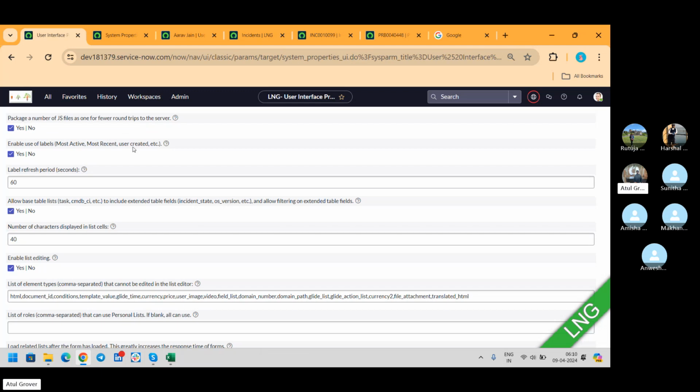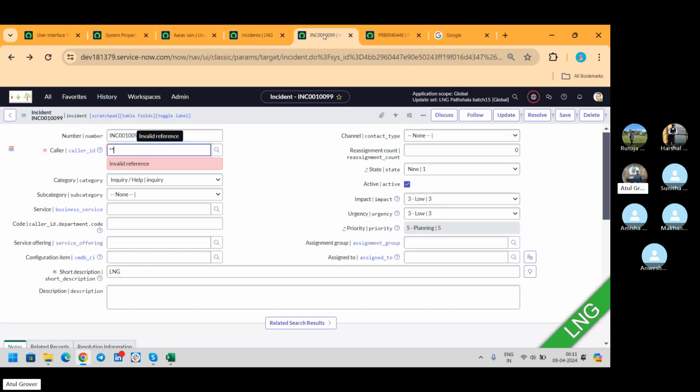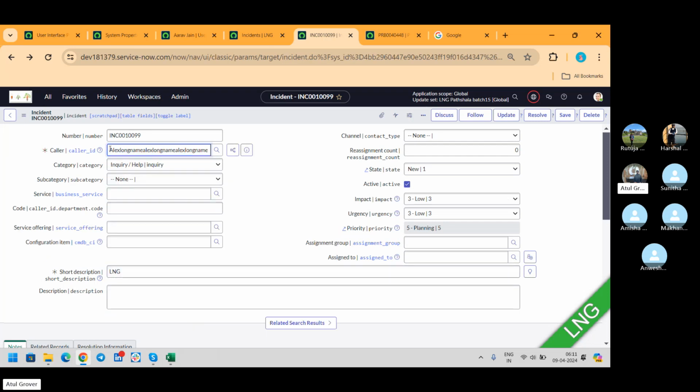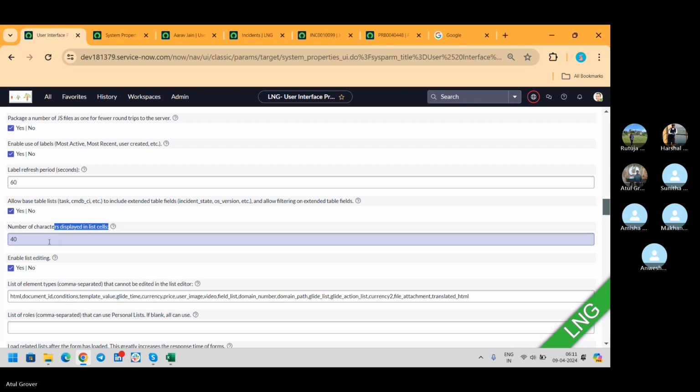Label refresh period means कितने देर के बाद ये label refresh होना चाहिए, 60 seconds, but never tested it. Few properties we never change it. ठीक है, number of character displayed in the list cell. ये 40 होंगे तो मैक्स 40 आएगा यहाँ पे, या फिर शायद ये इसको सेव करेगा तो यहाँ शो करने के लिए सिर्फ 40 दिखा रहा है उसको। ठीक है, ये प्रॉपर्टीज यहाँ पे है।